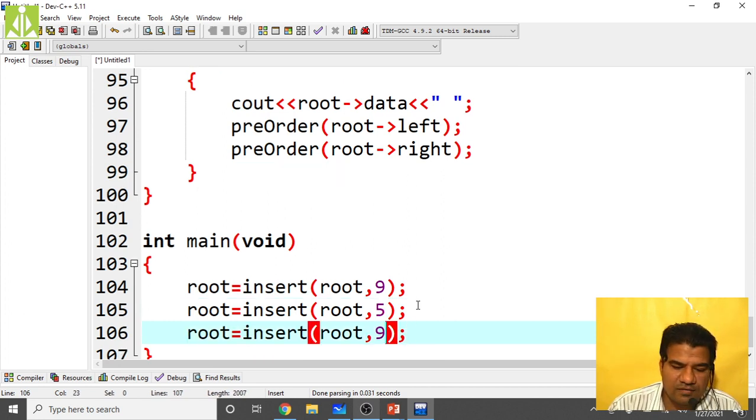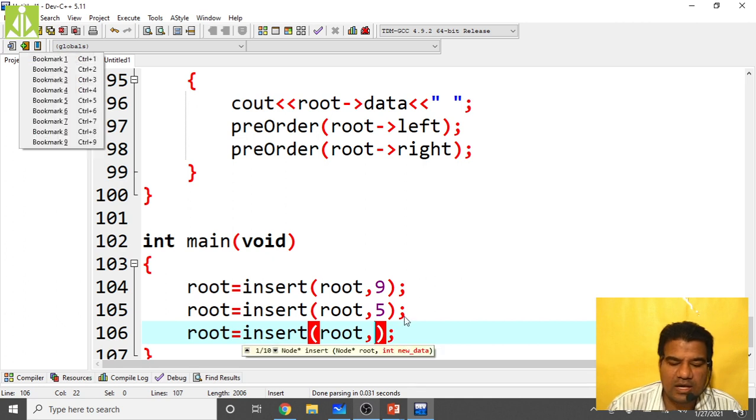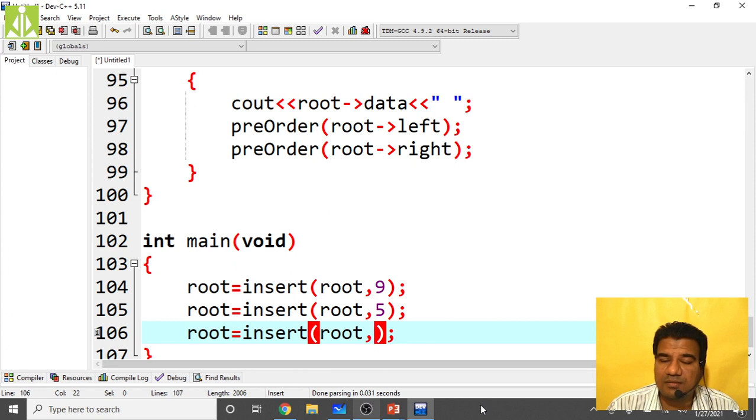9, 5, 10, you take. Sorry, my mistake here. Whatever sequence of numbers I am giving over here, the same sequence I will give you in your AVL tree construction example. And after constructing the AVL tree, you have to perform in-order, pre-order, post-order traversals as well. For this video, whatever assignment I will give will carry around 10 marks, 5 marks for the construction of the AVL tree and 5 marks for in-order, pre-order, post-order traversals.